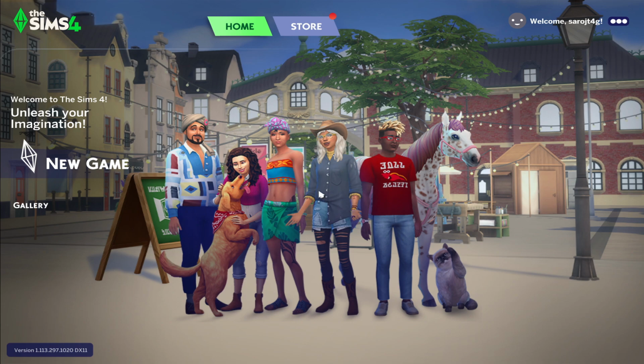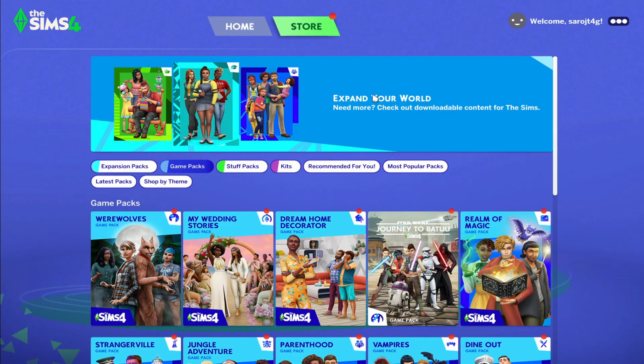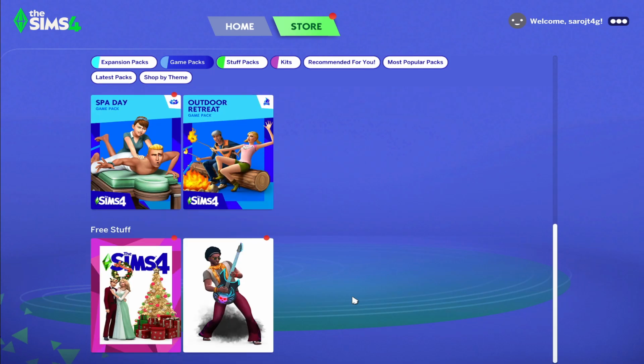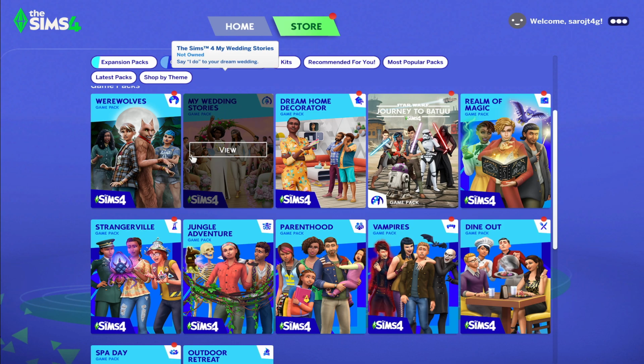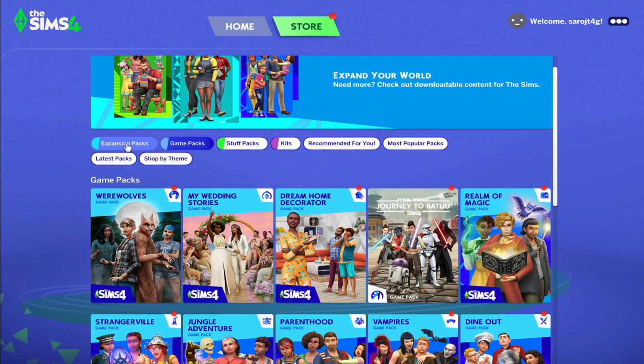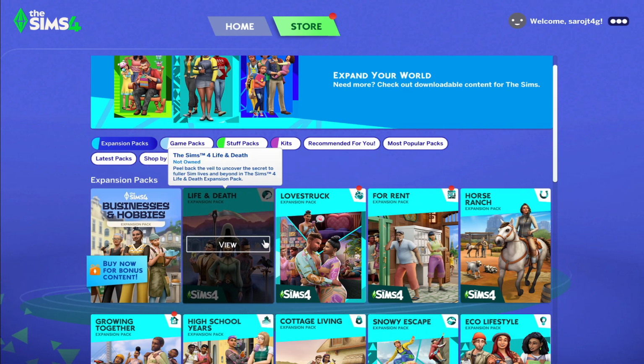First of all, open up The Sims 4 game on your PC, and once you open it up, from the main menu, you will see the home as well as the store option. Go ahead and click on store, and now you will see various different expansions, packs as well as kits that you can buy. Click on the expansion packs option, which will now show you all of the expansion packs that